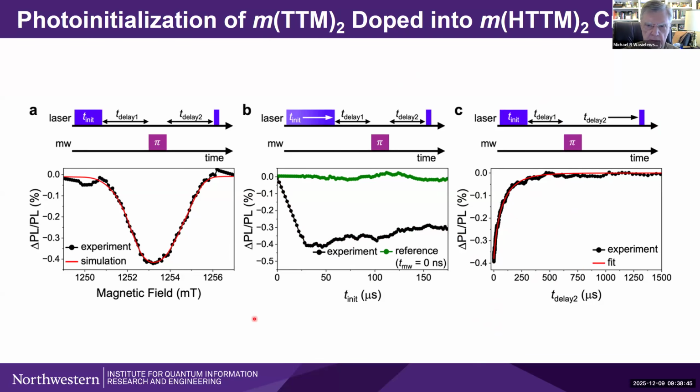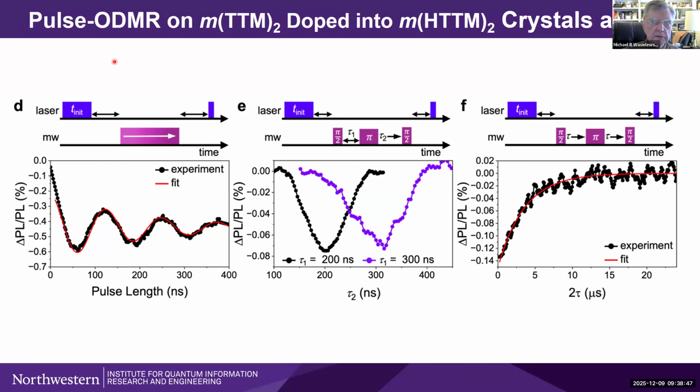The important thing to note here is we try these same pulse experiments at 85 Kelvin now. We get beautiful Rabi oscillations again by doing the transient nutation experiment. We can do the Hahn echo experiment nicely as well. Same situation. We did two different delay times, tau of 200 nanoseconds and tau of 300 nanoseconds. And sure enough, you get the echo appearing just about exactly where you expect it to be.